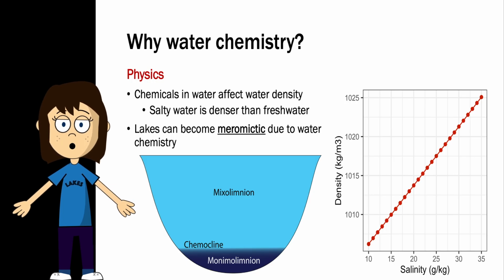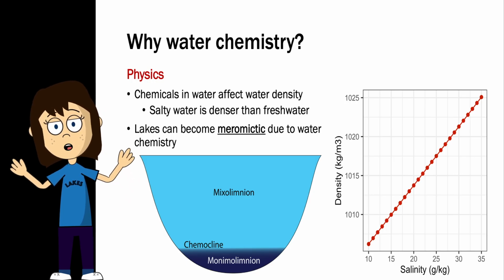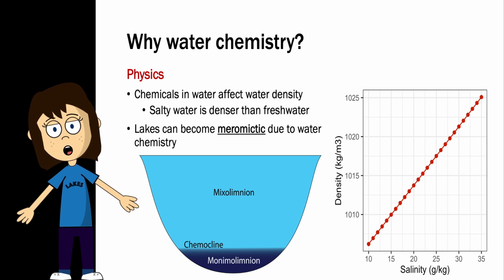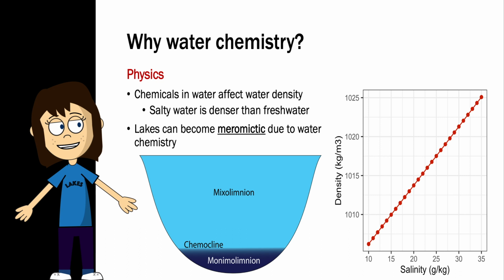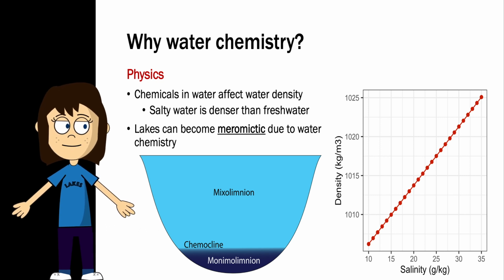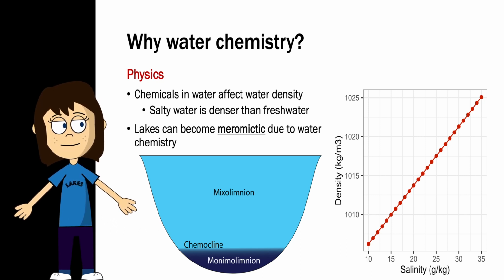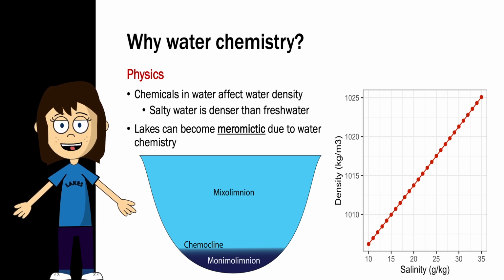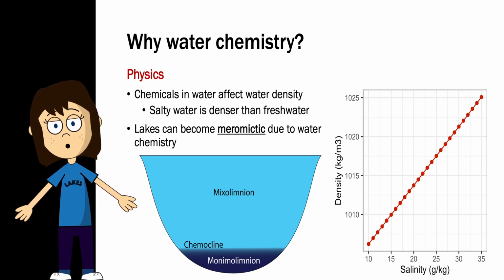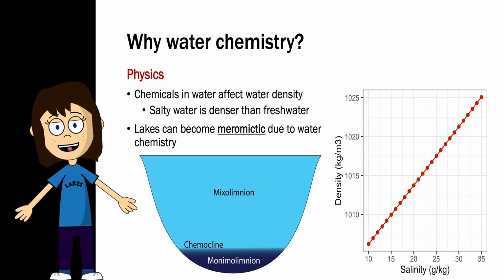So why is water chemistry important? Well, one thing we've already discussed is the influence of water chemistry on physics. We've already learned that the presence of salt influences the density of fresh water. And so if there's a lot of dissolved salts in a lake, there's potential for the lake to be meromictic. And if lakes don't mix, that has huge implications for biology. In fact, oceanographers are so obsessed with salinity because it, along with temperature, drive ocean circulation, which influences our planet's